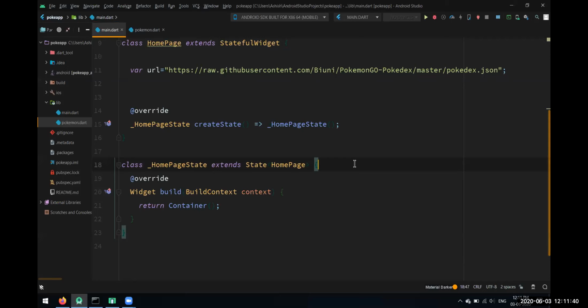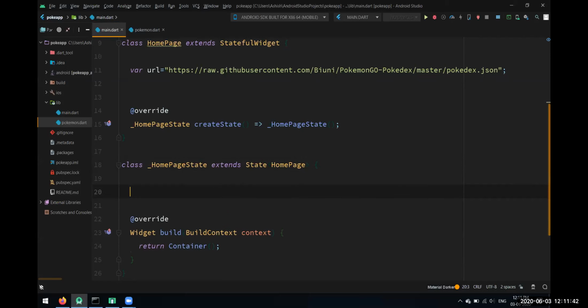If you have read about stateful widgets, you get to know that there are various states of a stateful widget. The first is the init state. Then we have the build state when the widget gets built, and we have the dispose state. So we are going to need an init state over here, because before building the whole screen, we have to do some data fetching. We have to fetch the whole data from that API, and we have to use it. So we can't build without any data. So we'll use this init state method.